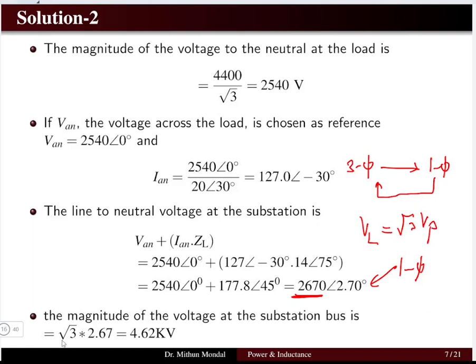So my net answer will be root 3 multiplied with the magnitude of the phase voltage, which gives me 4.62 kilovolt. That is the magnitude of the voltage at the substation bus. So the bus is delivering a voltage of 4.62 kilovolt, and at the load end you are getting a voltage of 4.4 kilovolt, and there is a net impedance ZL through which the power drop